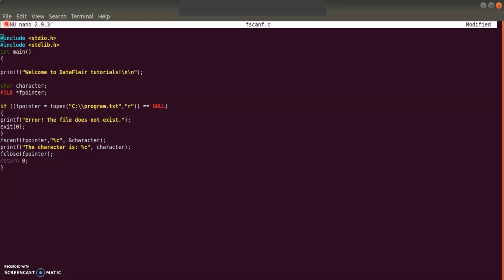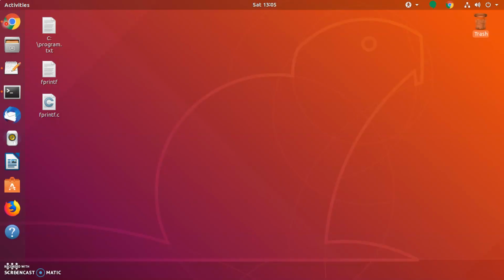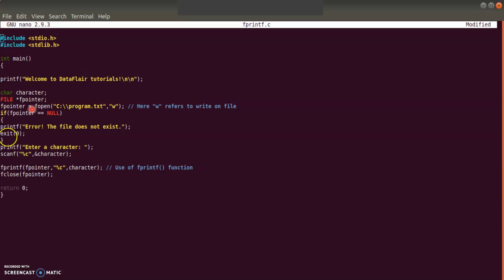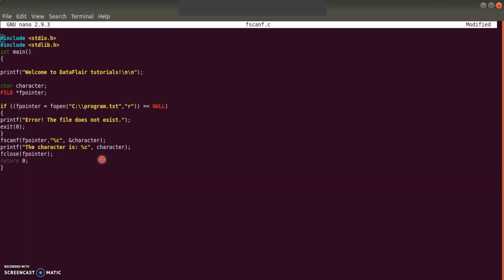After that you are reading the file. In the first program you have used fprintf, right? Now you are writing there fscanf, f pointer. Fscanf means you are scanning from the file. That means whatever you have written inside the file, you have to show it now. I want to see the file. So you are again writing